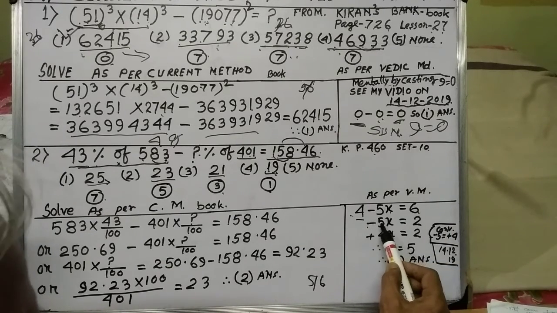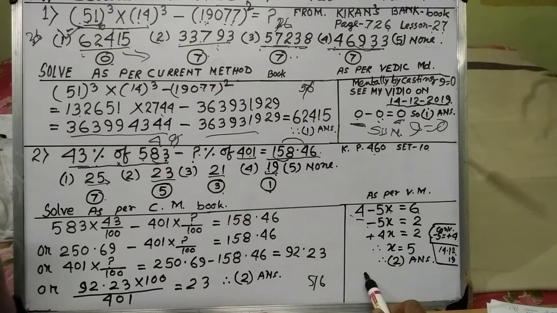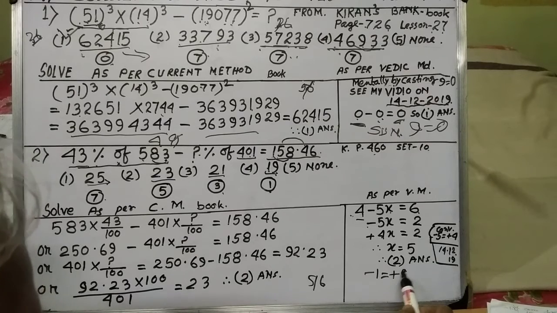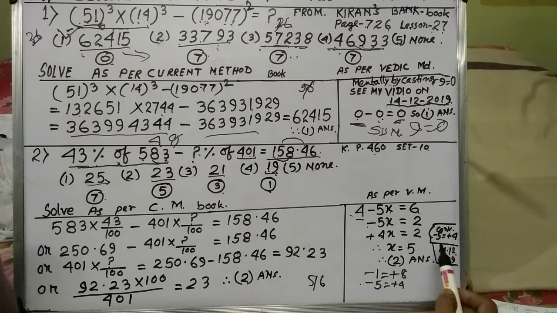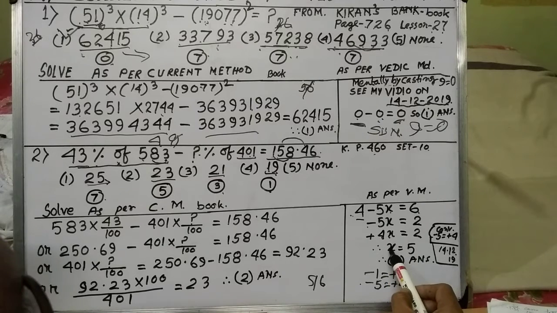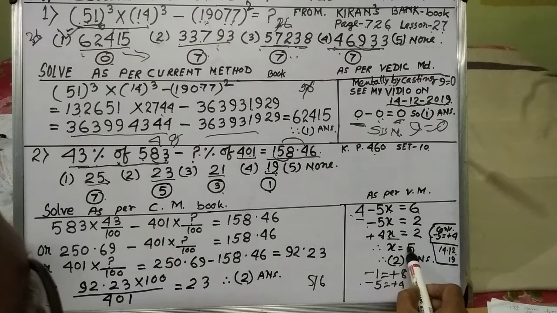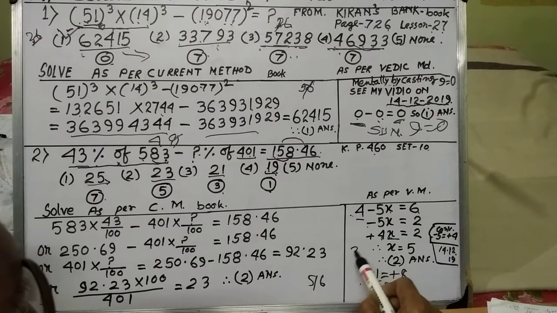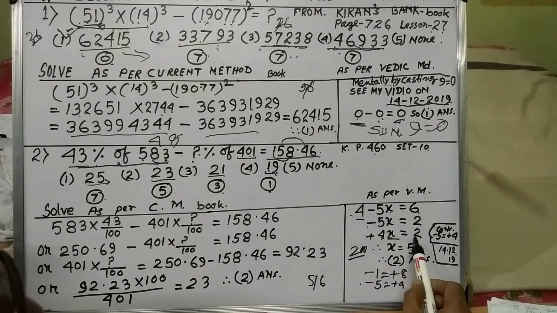How is it? Minus 5 means 9 minus 5. Suppose minus 1. So 9 minus 1, that is plus 8. Like this, minus 5 is equal to 9 minus 5, that is plus 4. So we will always convert, as we have shown in our video previously, so 4x is equal to 2. And suppose x is equal to 5. So 5 into 4, that is 20. So 20 casting 2. So here it is 2. So x is equal to 5. So the answer is 5.